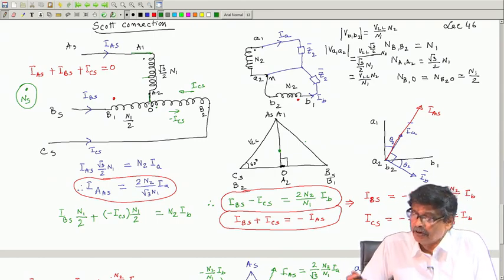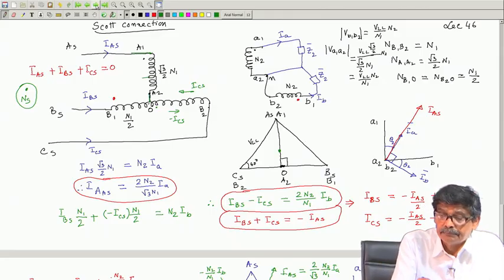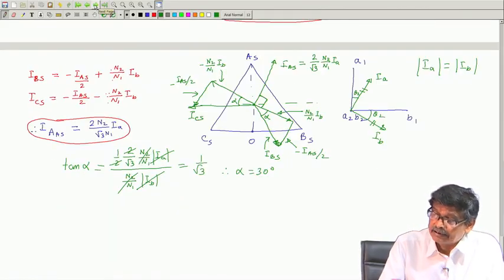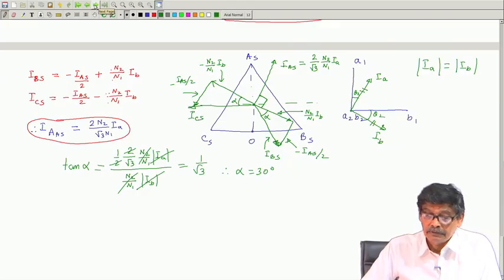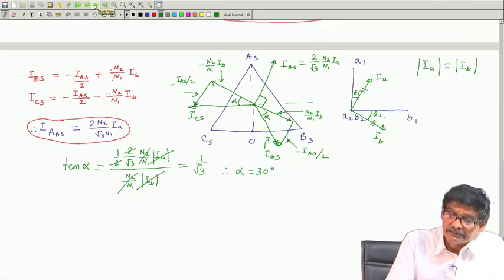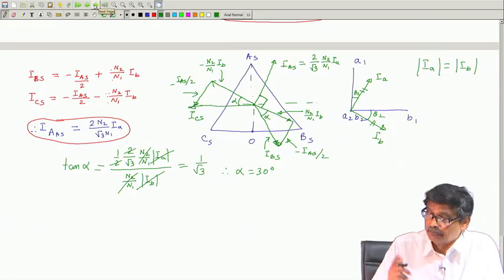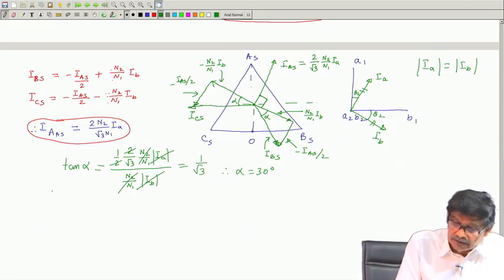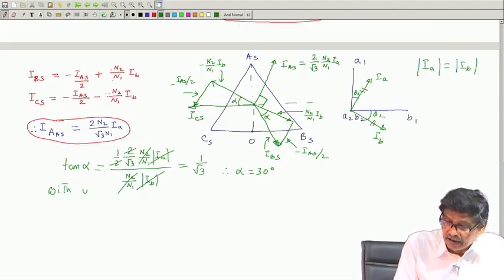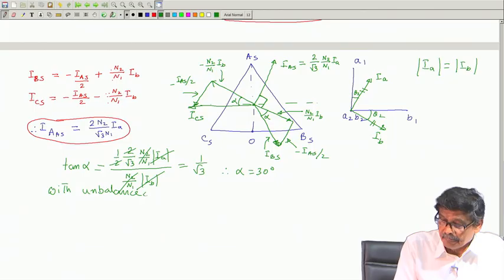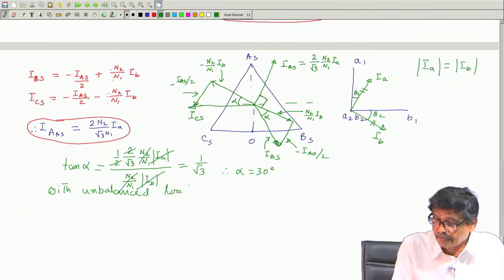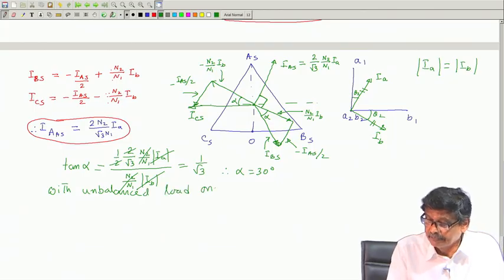Only one last point is this: the diagram I have drawn is for balanced load, but these equations are true for balanced and unbalanced load as well. What I mean by saying that, with unbalanced load, what happens? With unbalanced load connected on the secondary side,